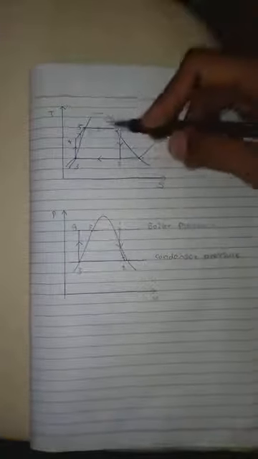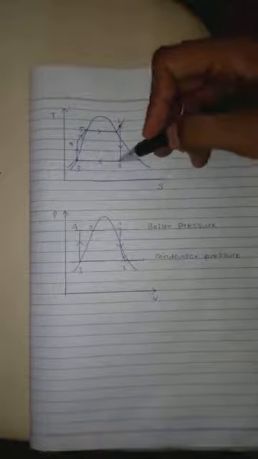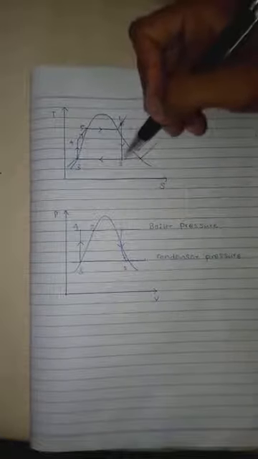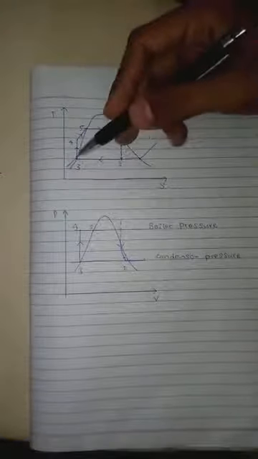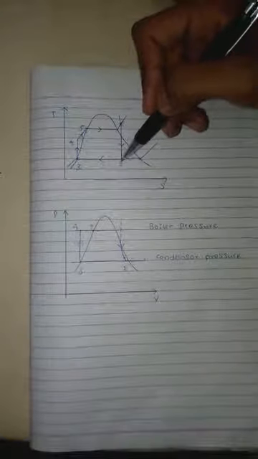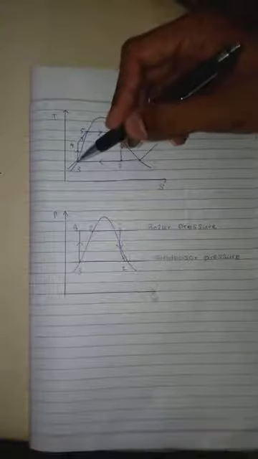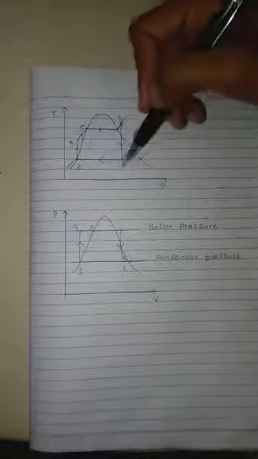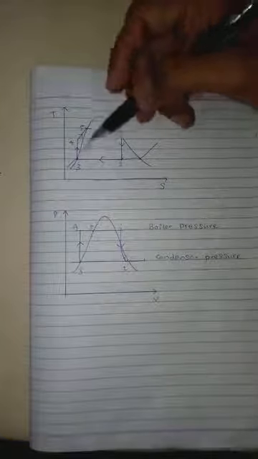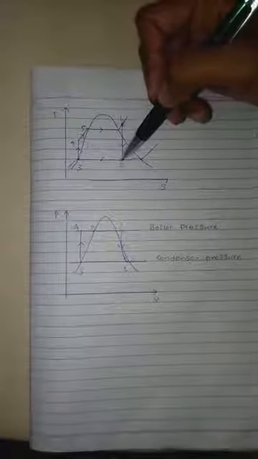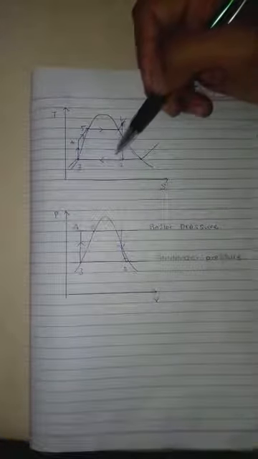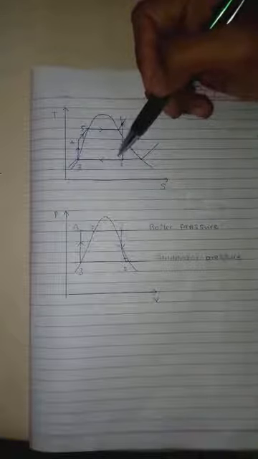Now from boiler pressure to the condenser pressure, the steam is being condensed in the condenser, where the moisture content is being converted into pure water. In the condenser, basically the heat exchange takes place between the hot steam and the cold water, which is continuously circulated in the condenser from the cooling tower.